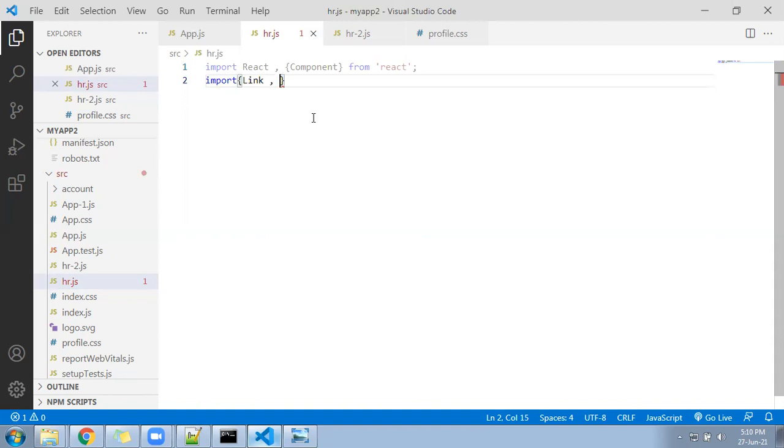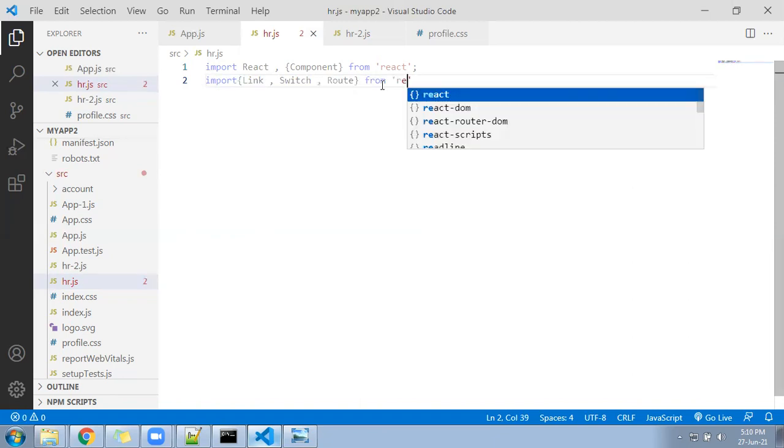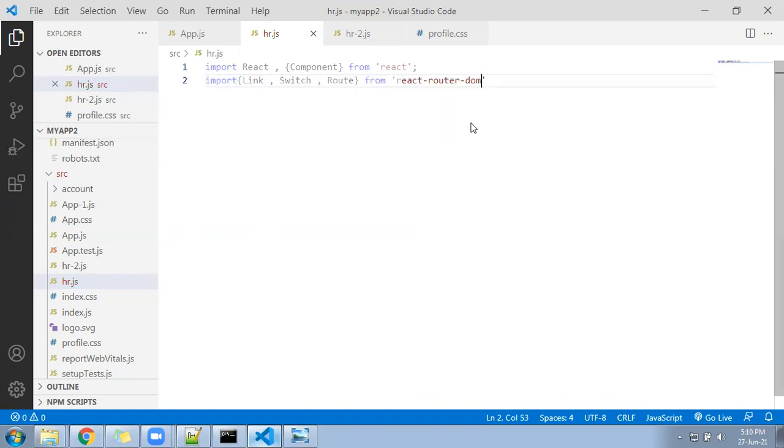After that we have to call Switch, then we have to call Route, and I hope you have already installed npm install react-router-dom. I will write a comment in the beginning first, or let me complete this line from react-router-dom. The suggestion is coming because I have already installed react-router-dom.